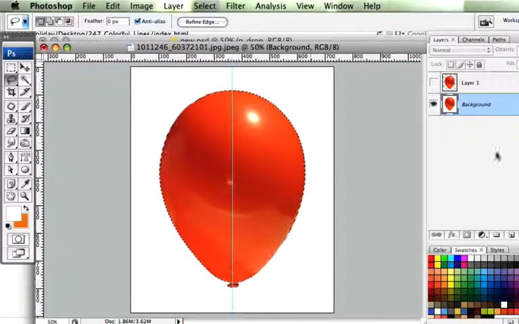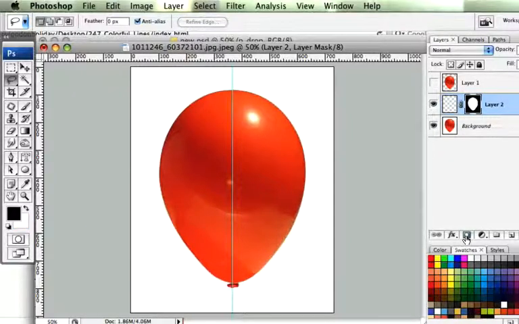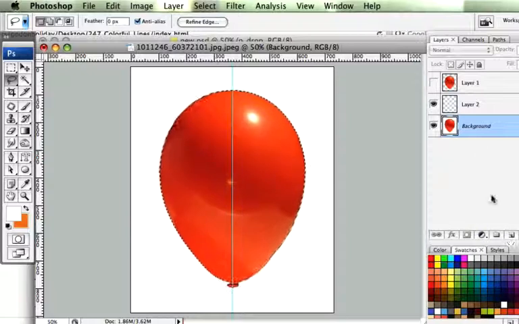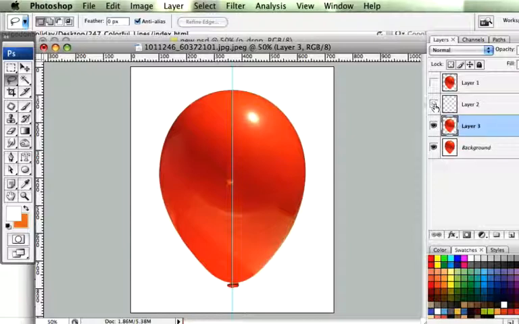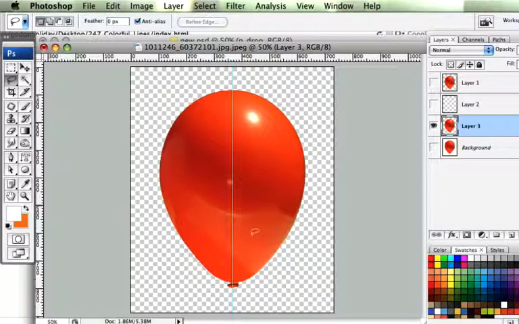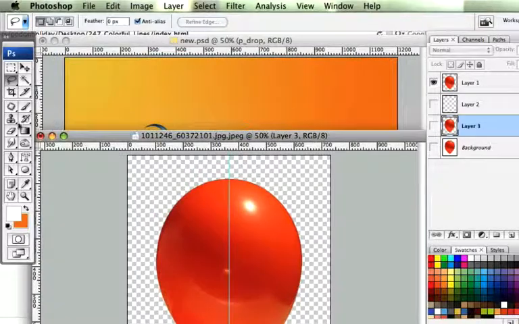Click on OK. Going to create a new layer, and if you click on the mask on this layer, Command J, it automatically puts whatever you've got in your selection onto that new layer. And I can turn that off, and I've got a perfect selection of that balloon, and that's exactly what I did earlier. And then just drag that balloon onto your canvas,